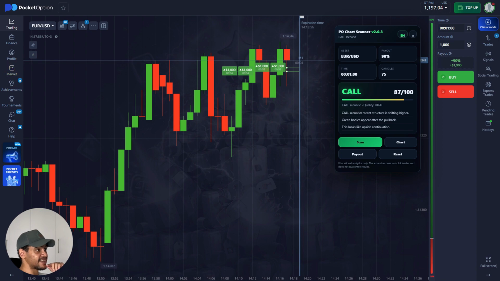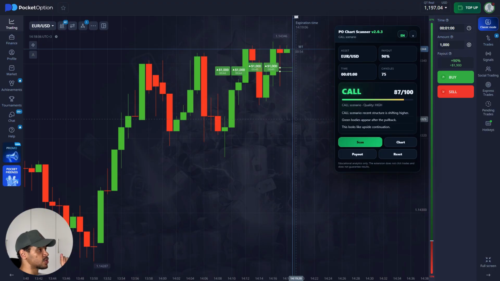We have 87 out of 100, and recent structure is shifting higher. Green bodies appear after the pullback. This looks like upside continuation. So this might be the trade that we need, that we really need. After taking a $1,000 loss, we really want to grind it all back right here and get these $3.9 thousand